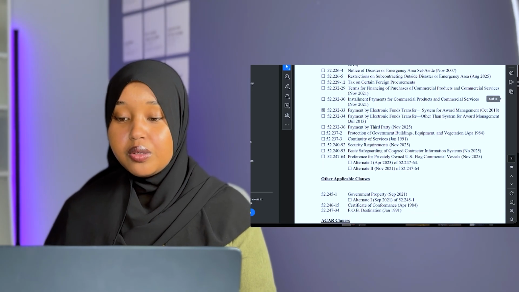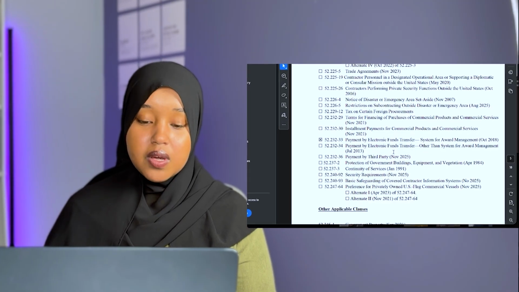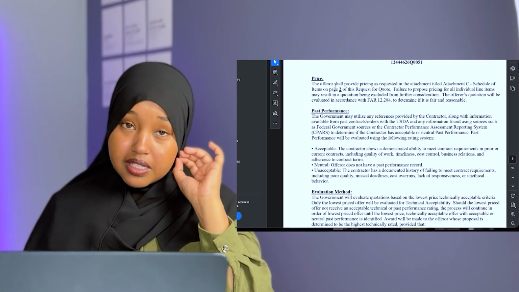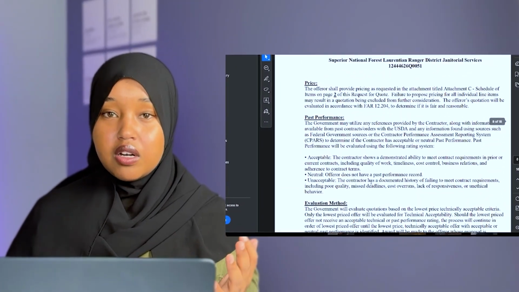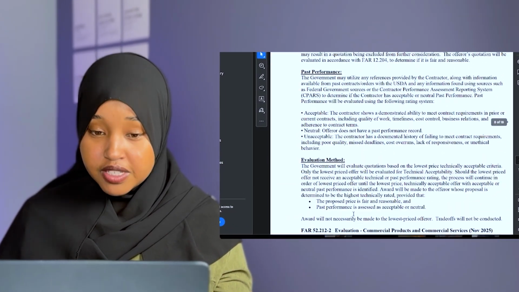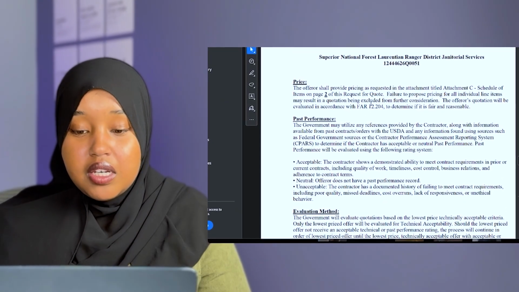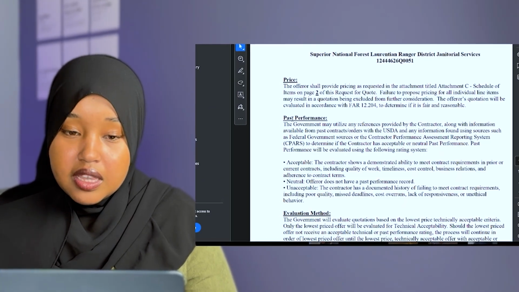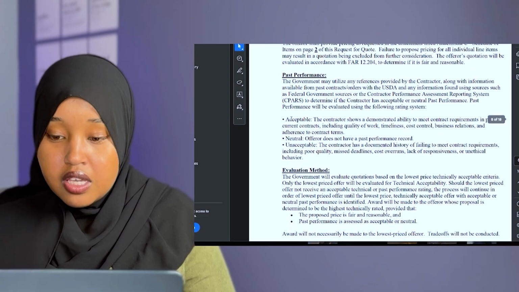With that being said, this contract, again, I read through it. It gives me specifics of what they are looking for and how they are evaluating the award type. They want you to come up with their pricing, and I will show you the pricing sheet. They want you to have past performance. There are some accounts that we have come across in the past that don't put emphasis on past performance. In some cases, they want you to have past performance, meaning that you have other jobs, commercial or government, that you have completed in the past, and you will have to provide their reference to this officer or the hiring officer.